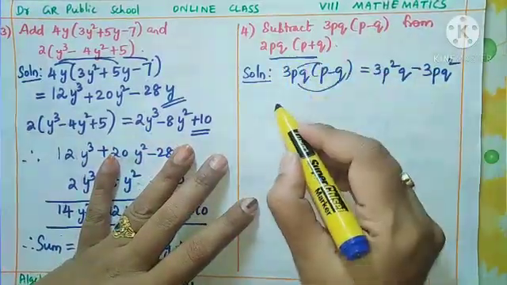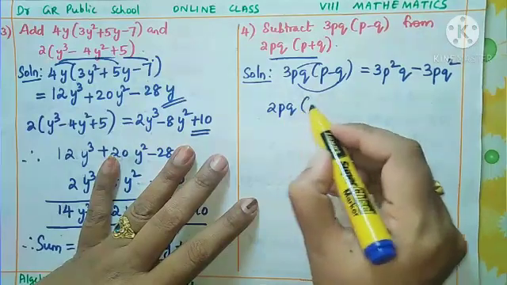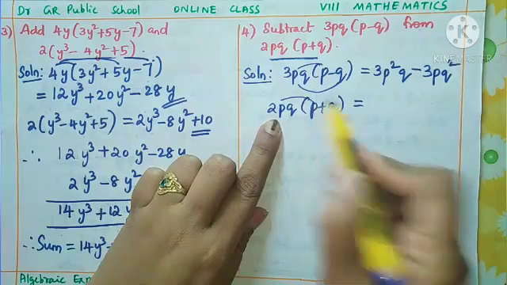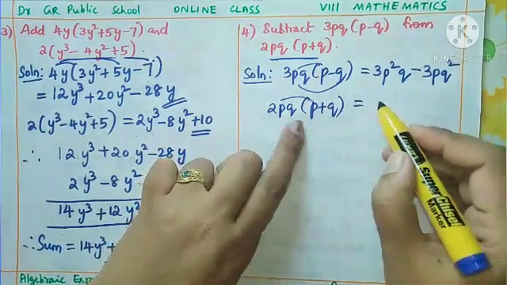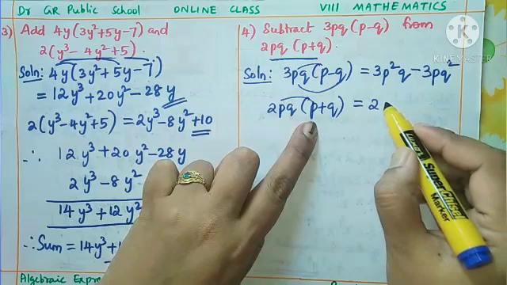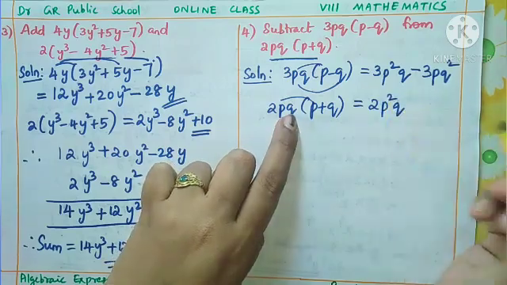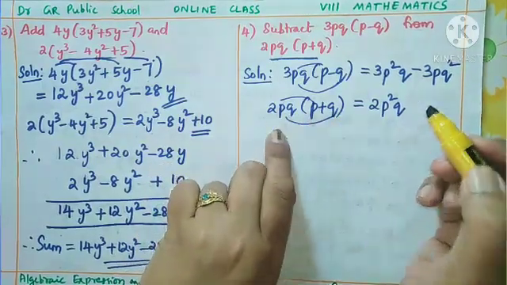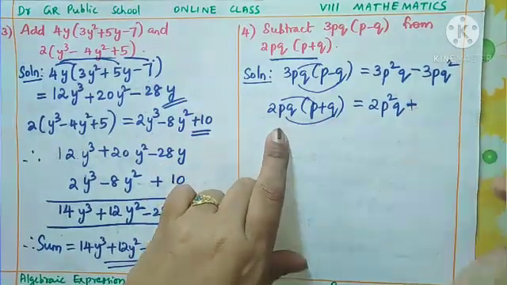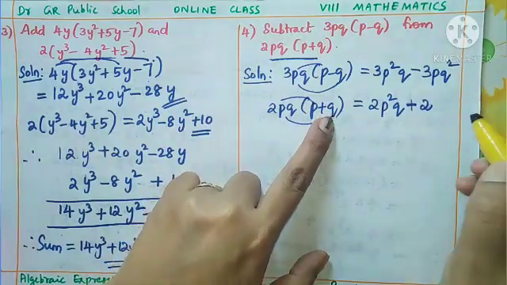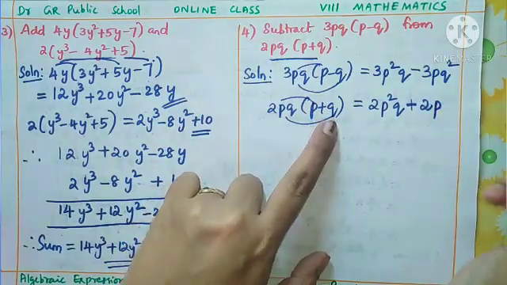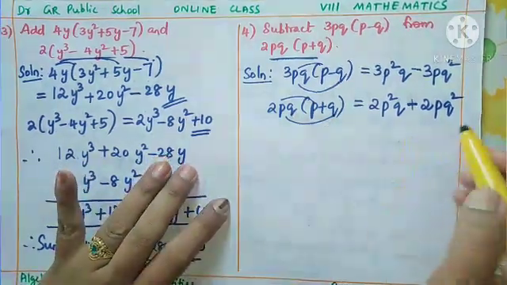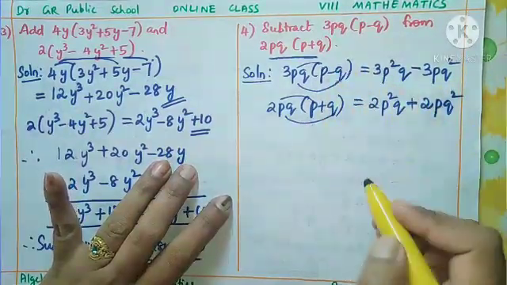Now come to the second. What is given? 2pq into p plus q. So here also do the multiplication. First 2pq into p. P and p you want to collect. So 2 is alone. 2, p into p is p square, and q. Okay. Now come to the second. 2pq into q. Here no minus. So very easy. Put plus. 2 into here also no number 2. P alone. Q into q is q square. Understand? So we wrote the two brackets in the simplified form.